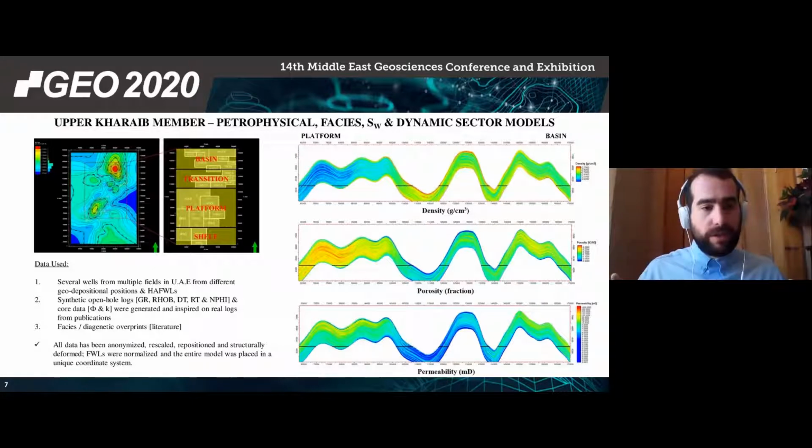So enough background about the region. We're going to go straight into my model, where I have created a miniaturized Bab Basin representation of the Upper Kharaib Member, starting off with the aggradational package. I used several wells from multiple fields in U.A.E. from different geodepositional positions and heights above free water levels. I synthesized